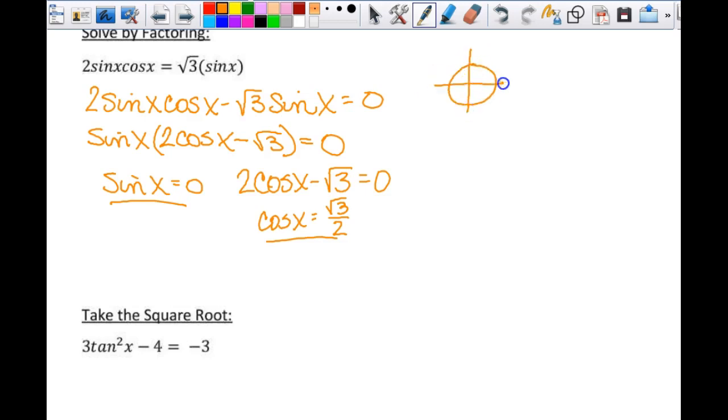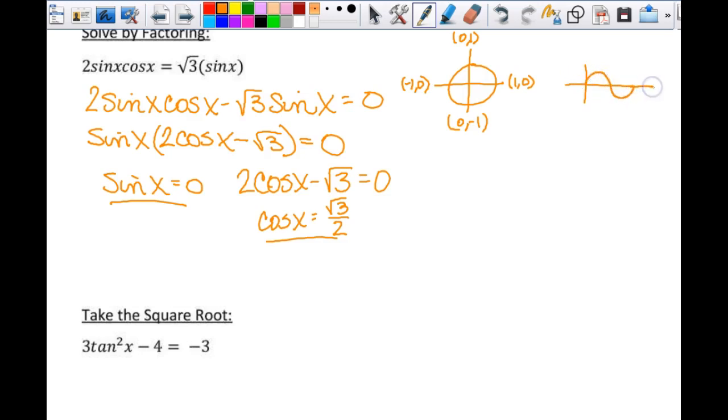Okay, so this is (1, 0). This is (0, 1). This is (negative 1, 0). And this is (0, negative 1). Okay, so when is sine 0? It's 0 and pi. So when I look at it like this for sine,